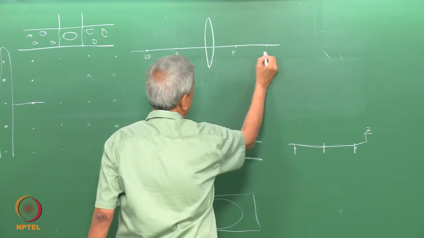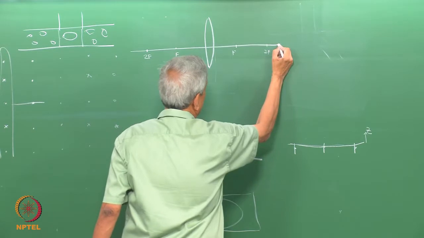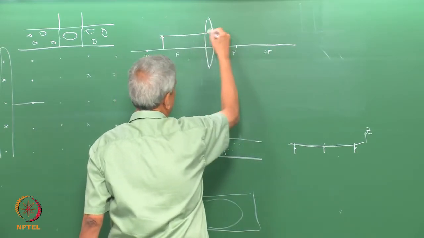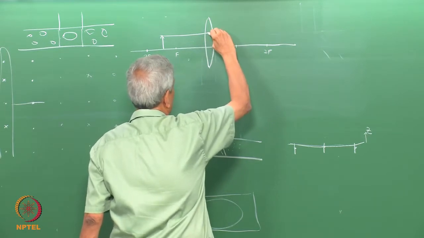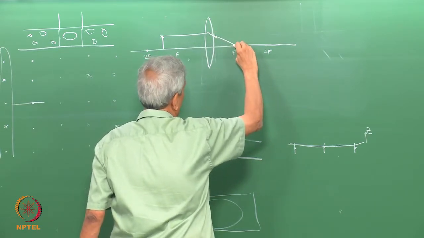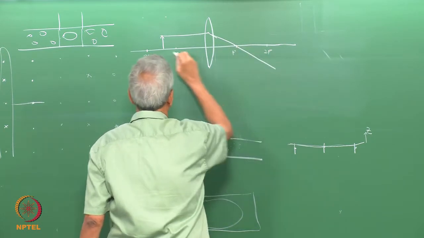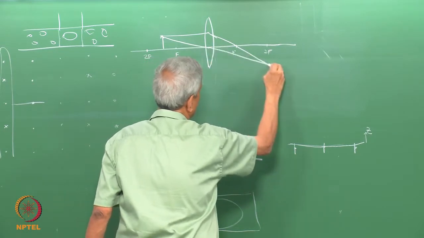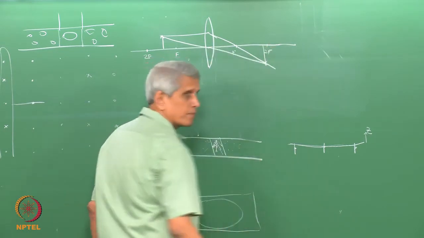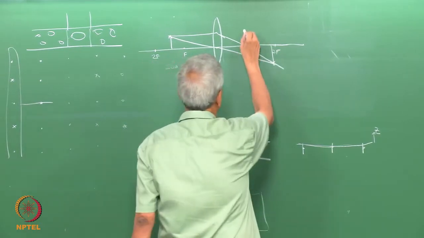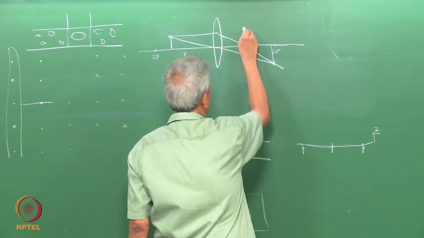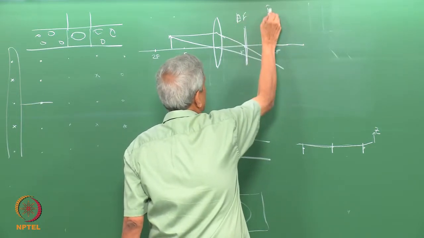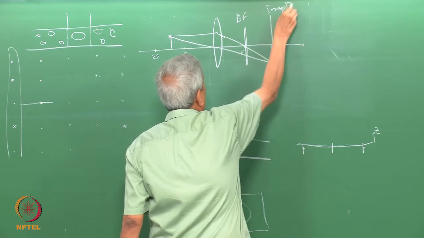This is how it is drawn, right? And these are paraxial ray considerations only that I am drawing. This ray which comes like this will go through the focal point, correct? And the ray which passes through the chief ray, where these two meet, we have the image, correct? And which is this plane? This plane is the back focal plane. This is the image plane.